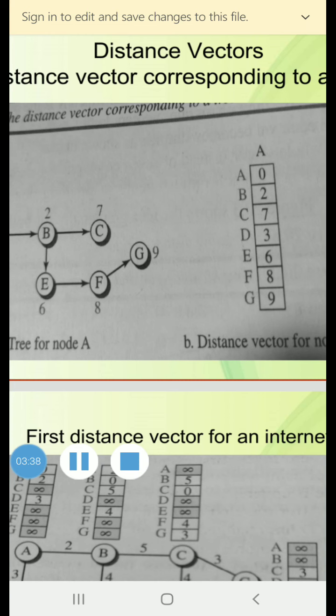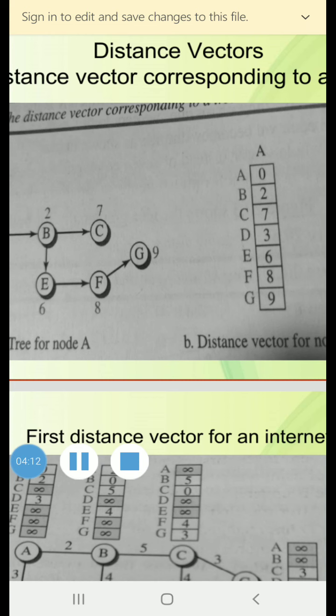Each node in an internet, when it is booted, creates a very rudimentary distance vector with the minimum information the node can obtain from its neighborhood. The node sends some greeting messages out of its interfaces and discovers the identity of the immediate neighbors and the distance between itself and each neighbor.